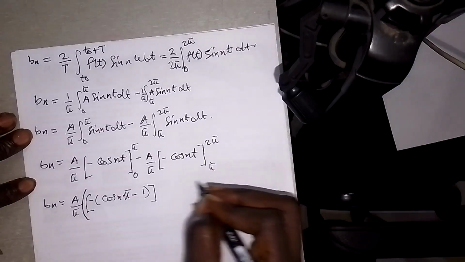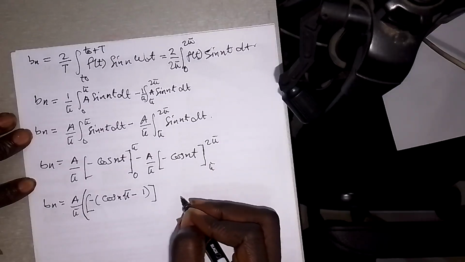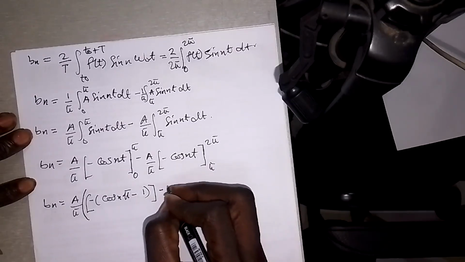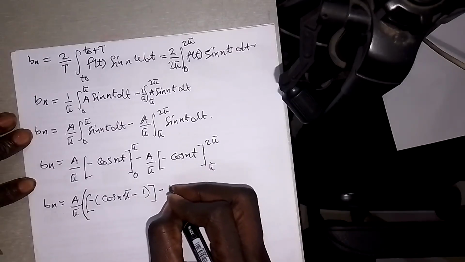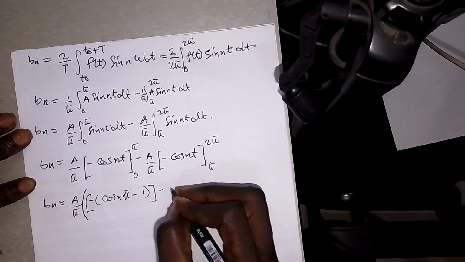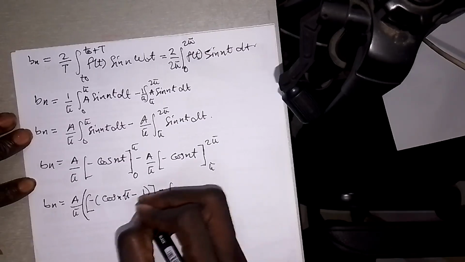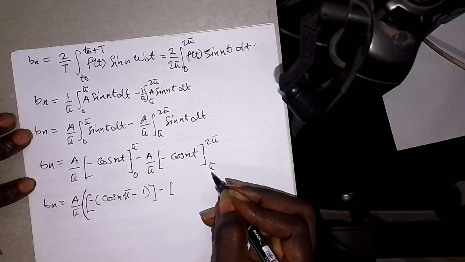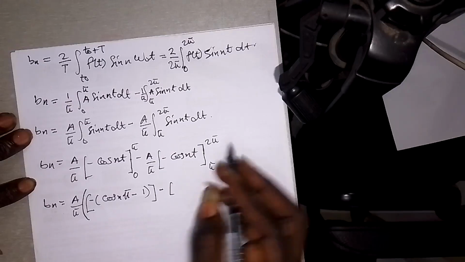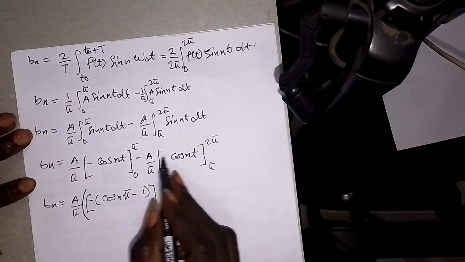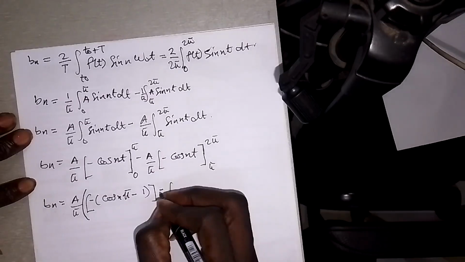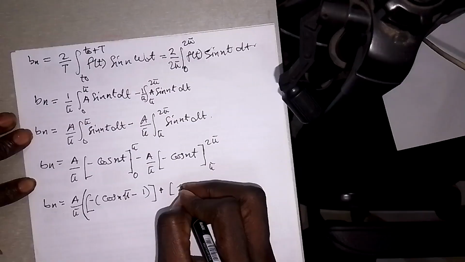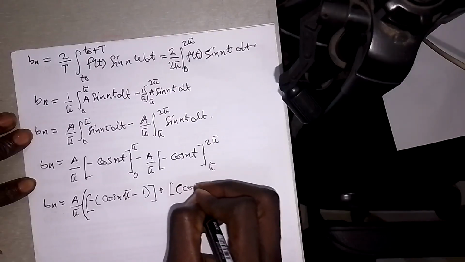And then I can write my minus here. Sorry, please see, I have minus minus here, so this place is going to be plus. So plus I can have here, so I have cos